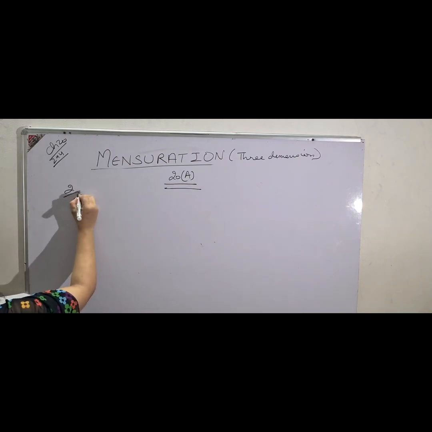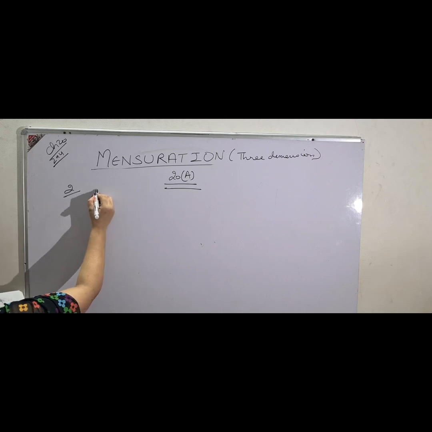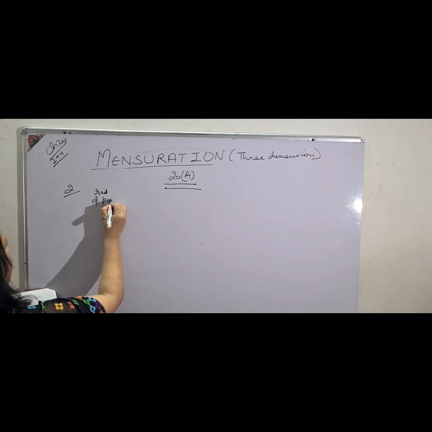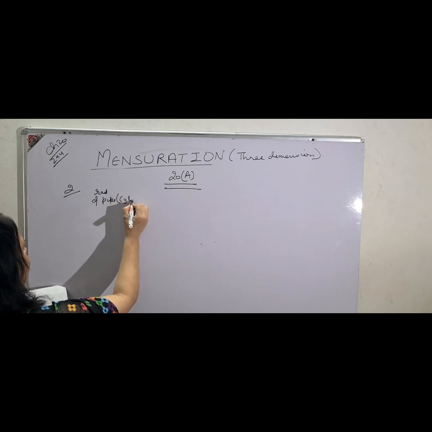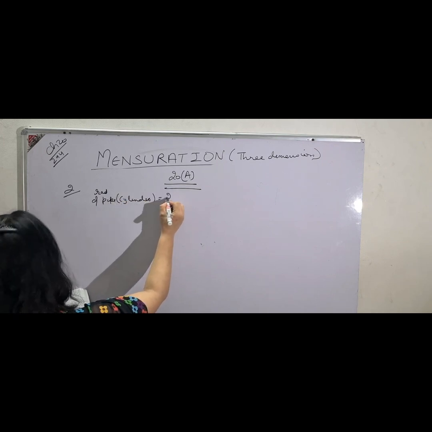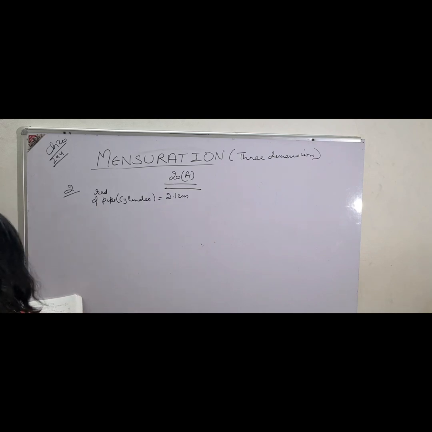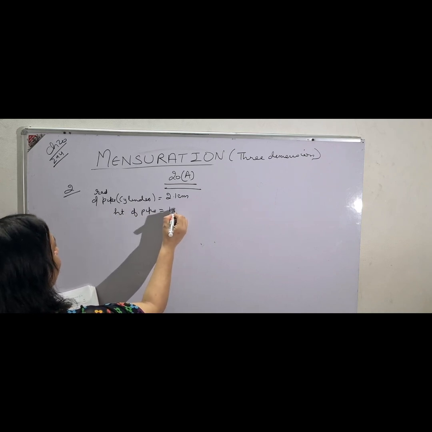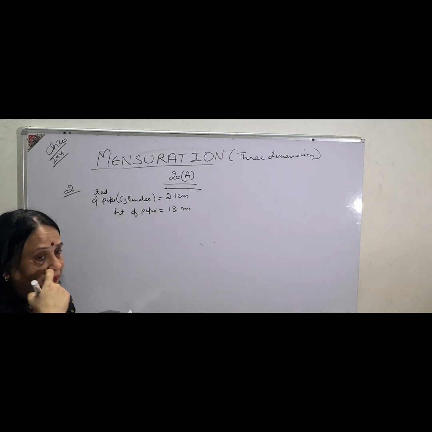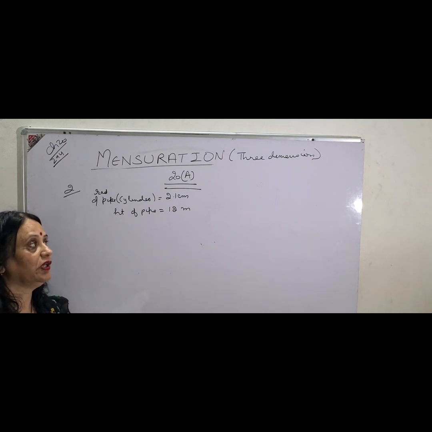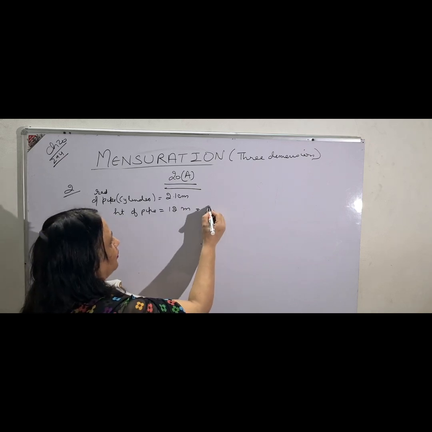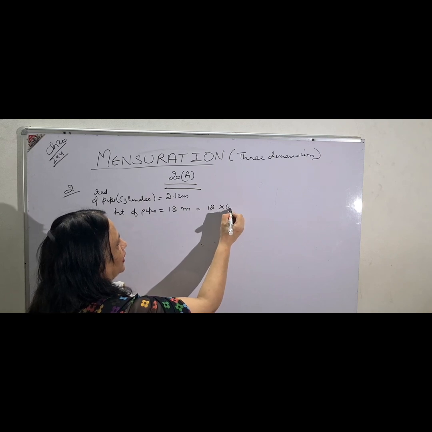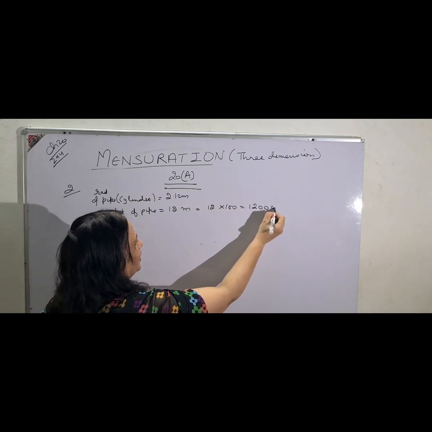Then moving on to the same exercise, question number 2. The inner radius of the pipe, so radius of the pipe, taken to be a cylinder, you write it at the side, is given to be 2.1 centimeter. How much water can 12 meter of this pipe hold? Means indirectly the height of the pipe is given to be 12 meter. You very well understand that there are two different units. You have to either change centimeter into meter or meter into centimeter. For example, I multiply meter with 100, you will get 1200 centimeter.